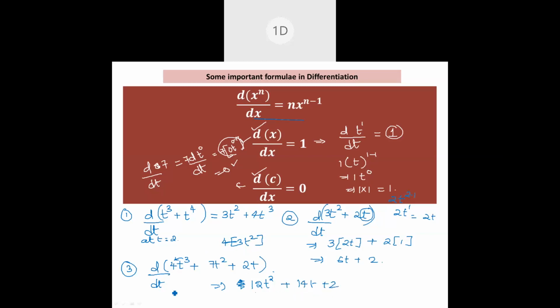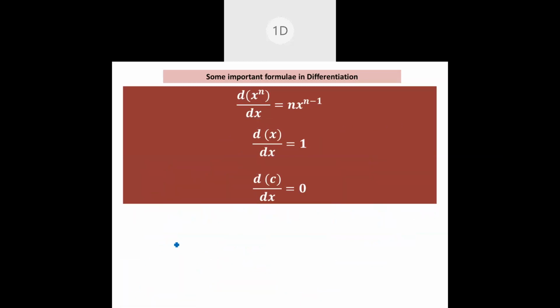Okay? Let me give you a few more. Just quickly tell me, and two more I'll give, then we'll move to the topic. 8t cube plus 4t power 4 plus 3t square. Next one. Differentiation of t power 7 plus 5t power 4 plus 3t plus 5. A constant I have given. I will see who does it correctly in the second case. Quickly do it, guys. Quickly, come on.